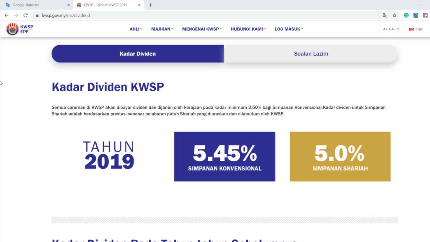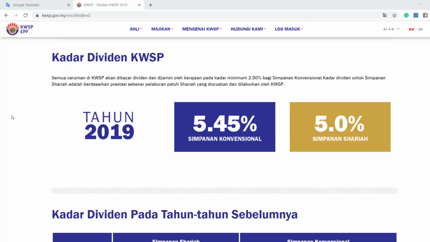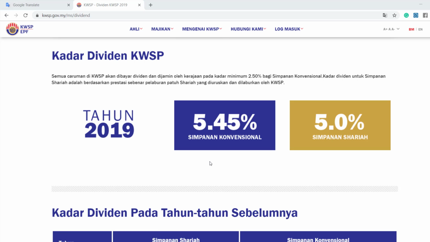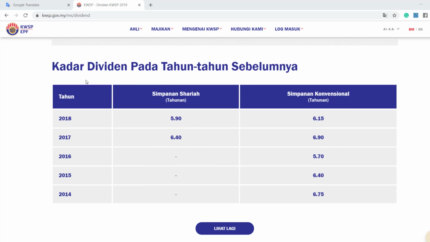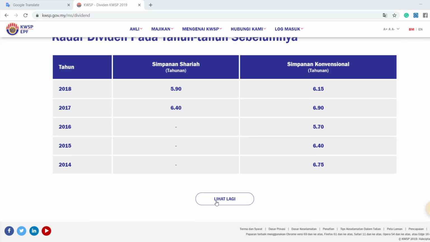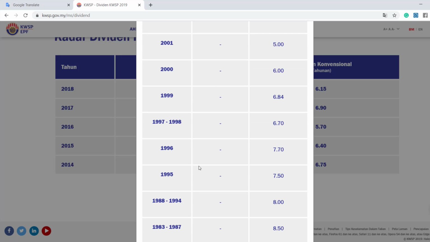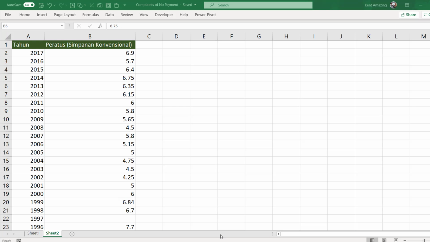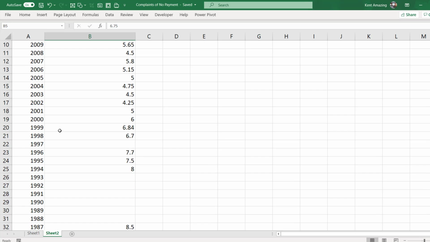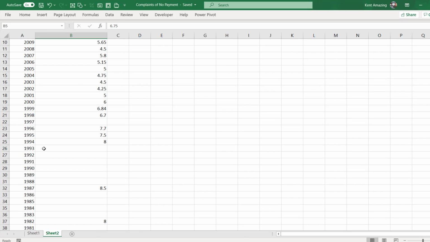Hi, good day. EPF or KWSP has just announced that for the year 2019, the dividend is 5.45, and it also shows the years, with these historical figures. So I copy this and make modifications, and I want to share with you how to put this,